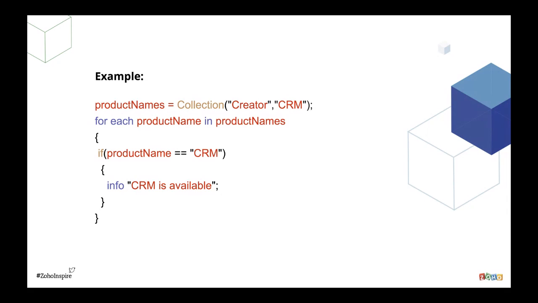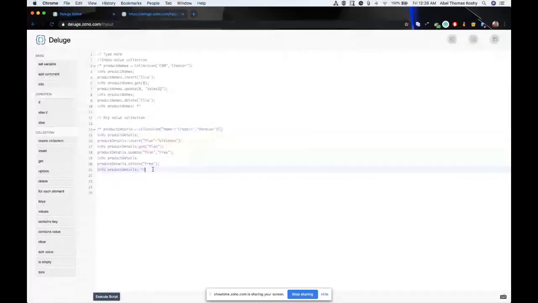So I'll just comment out the script as well. So I'll use the multi-line comment, and let me create a for each index loop. So before we create a loop, let's create a collection. So I'll just drag and drop this here. And I'll add in different products. So I have three values. We use the for each index loop. I in